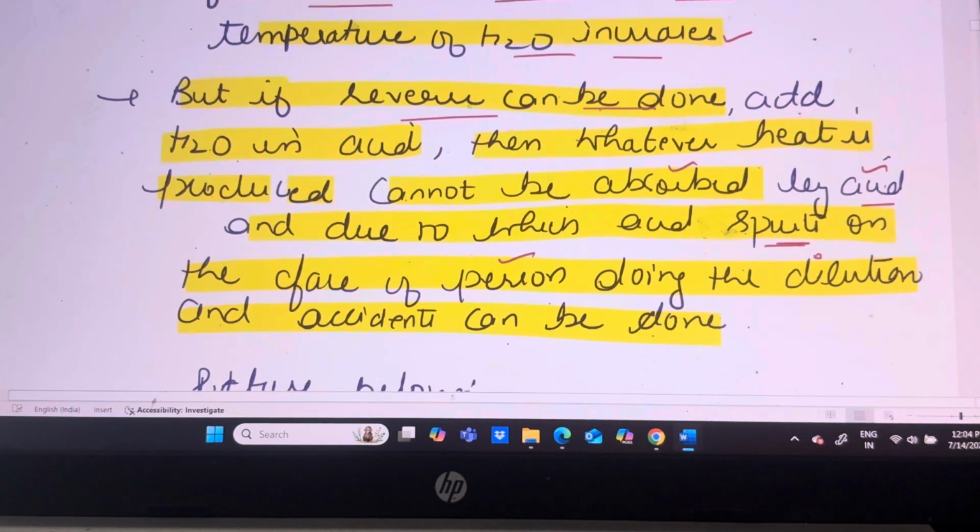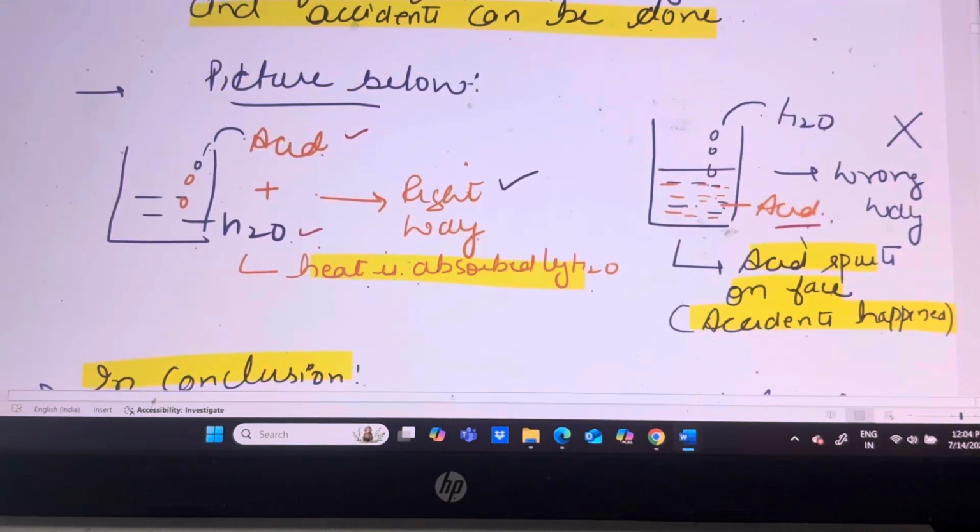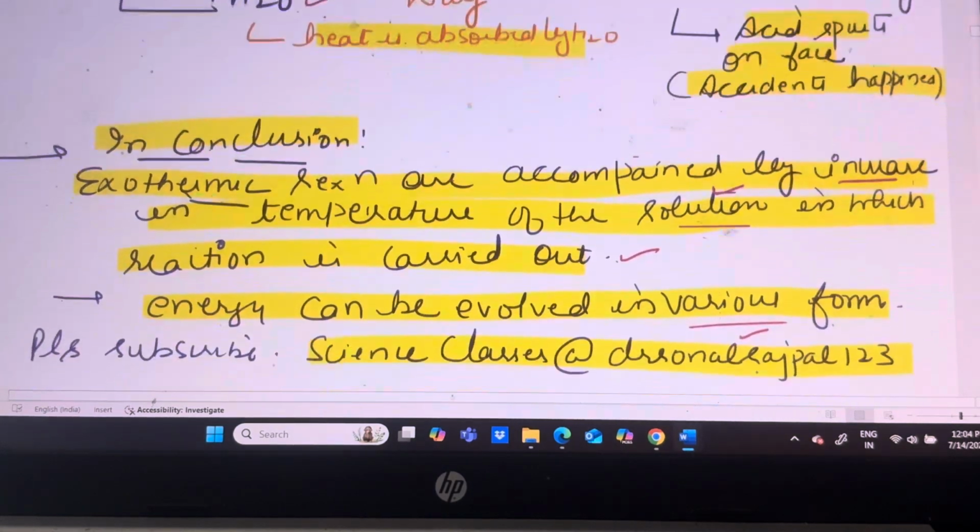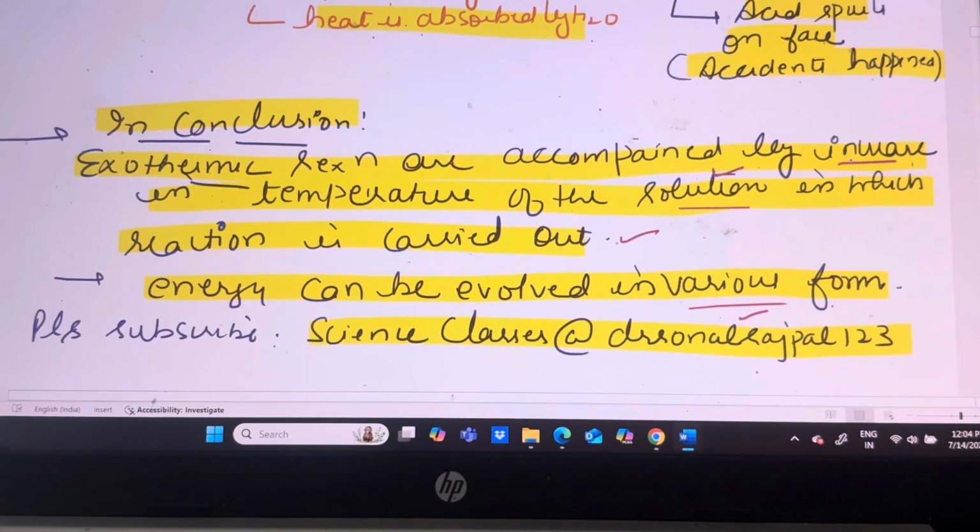So students, this picture shows how you have to dilute the acid. In this we have to add acid slowly to the water, because whatever heat is produced can be absorbed by the water. But if the reverse is done, means water is added to the acid, then acid spurts on the face of the person doing the experiment because it cannot absorb the heat which is produced during the dilution process, and accidents happen. So in conclusion, students, exothermic reactions are always accompanied by the increase in temperature of the